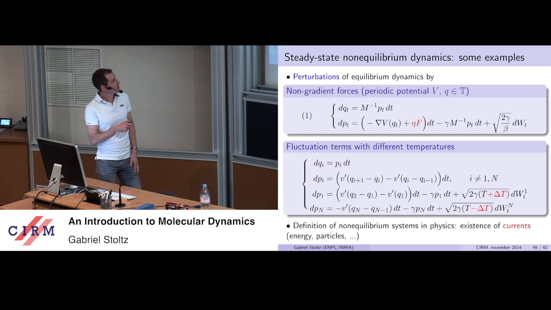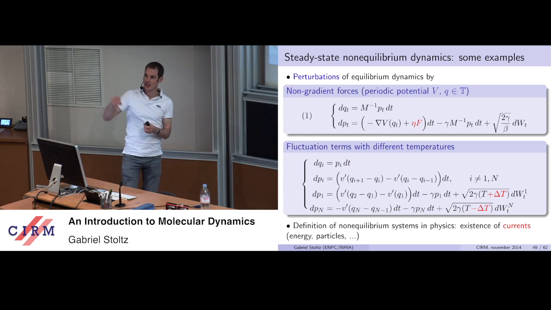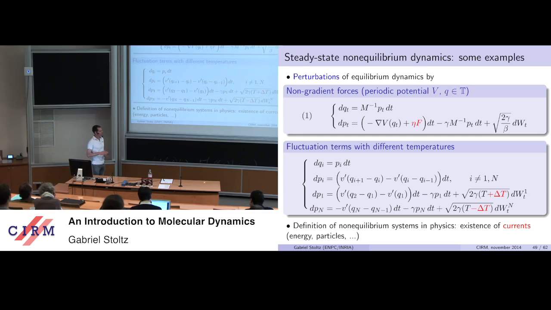An alternative way to do it would be to consider no forcing and simply let the particle diffuse in time. And so then there would be some effective diffusion. And it turns out in this case, and I will prove to you, that there is a precise relationship between the average velocity when you push and the spontaneous diffusion when you don't push. And both allow you to compute the mobility of the particle and so predict its evolution over very long times. So that's the first example, the one I will focus on.